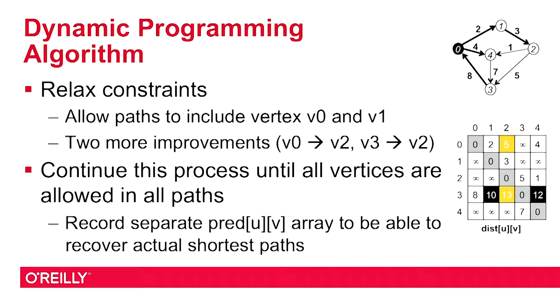Just allow paths that include vertex v0. Just allow paths that include vertex v0 and vertex v1. And you keep on going until all the vertices are fair game. And in doing so, you will record the solution. Now, in addition to storing this distance matrix, which records the total cost that you've incurred so far, we'll also